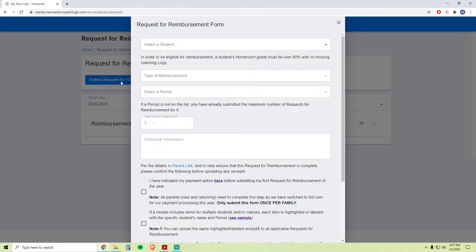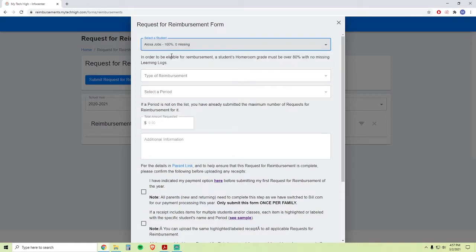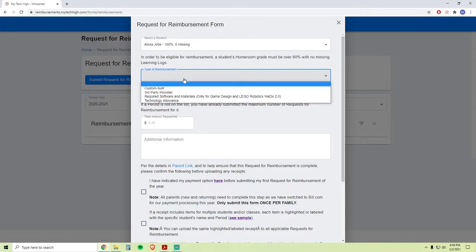Here we will go through the many different types of options available to you. First, select the child for whom you are requesting reimbursement. In order for your child to be eligible for reimbursement, their homeroom grade must be over 80%, indicated by this number, and have no missing learning logs, indicated by this number. Selecting the type of reimbursement will auto-populate the period selection box. If a period is not on the list, you have already submitted the maximum number of requests for reimbursement for